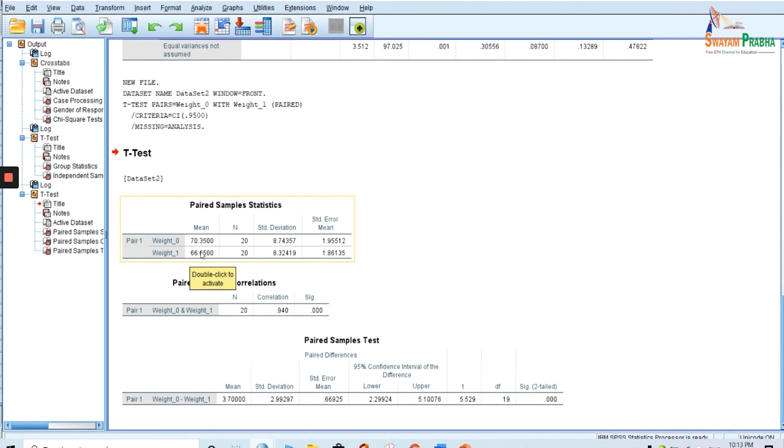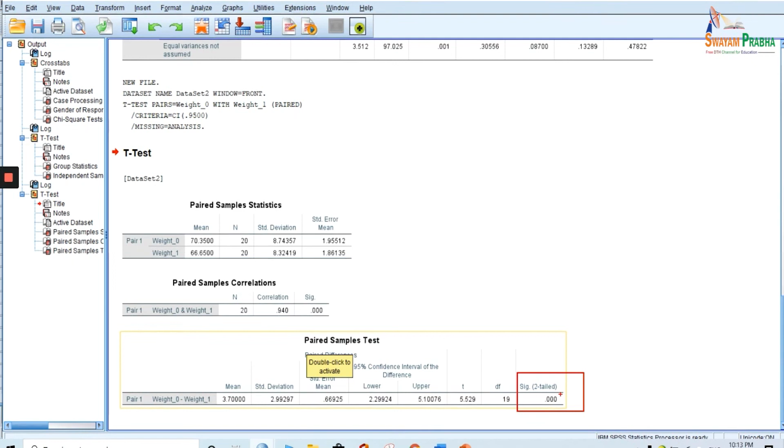So what we have to do for this purpose is test the hypothesis that whatever decrease there is in the weight, it is significant. That will be tested with the help of our hypothesis, or with the help of the p-value. And you can see here are the values for the paired samples test. We have the variable, the mean, the standard deviation. What do we have to check? We have to check this p-value, and we have to compare it with our benchmark. What is our benchmark? That is 0.05.